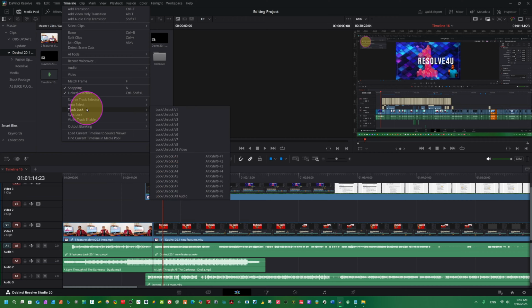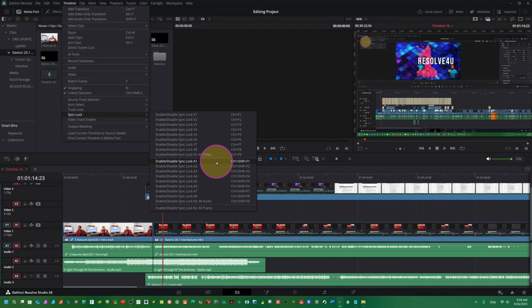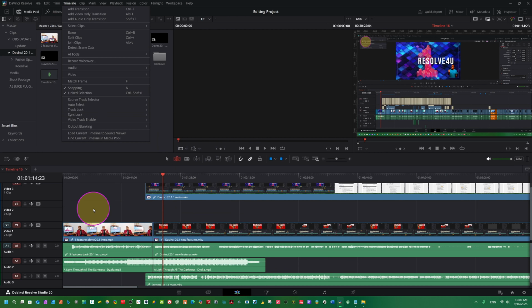And for audio, just come here, sync lock. This is for audio, Control plus F9. And if you want to enable or disable video, you see this is for video, Control plus F9 shortcut. For audio, Control Shift F9. Now you just click